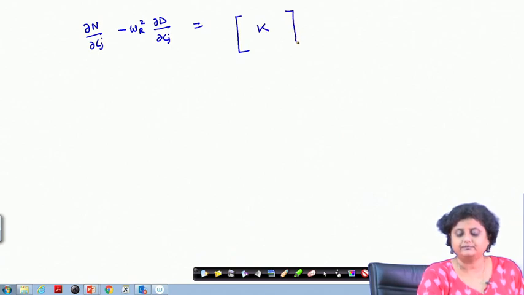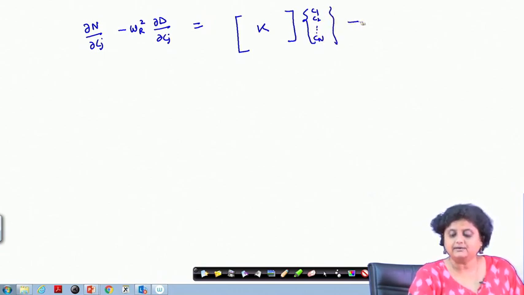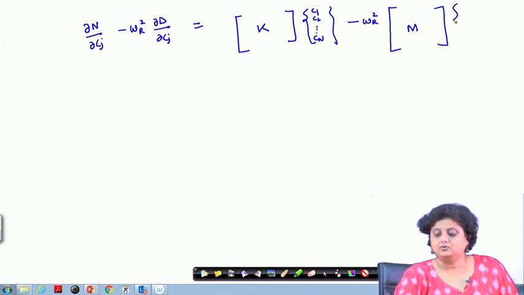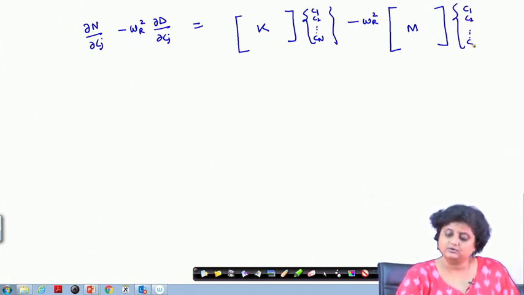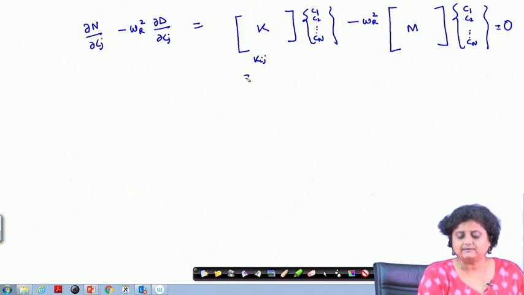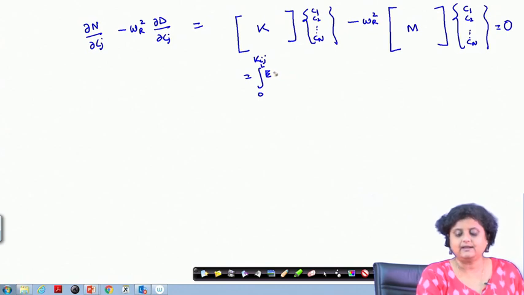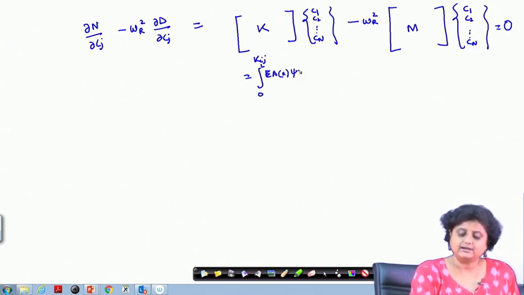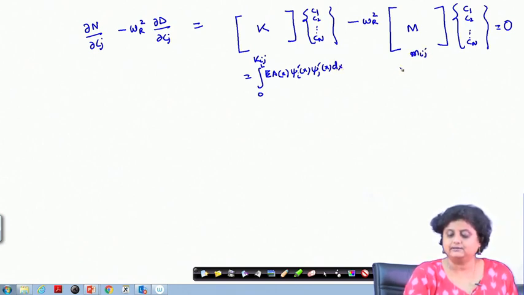the K matrix into C1, C2, Cn, minus omega r square into the M matrix into C1, C2, Cn, and that is equal to 0. So, the element Kij is nothing but integral 0 to L of EA x into psi i dash x psi j dash x dx, and similarly Mij is integral 0 to L of m x psi i x